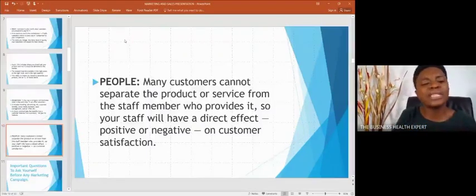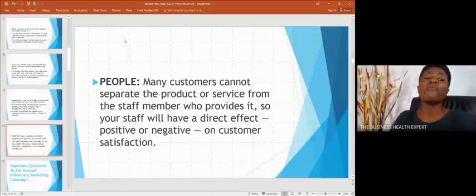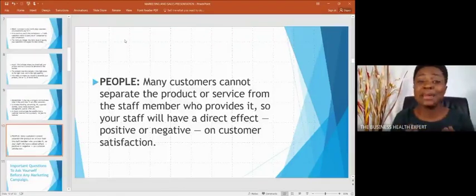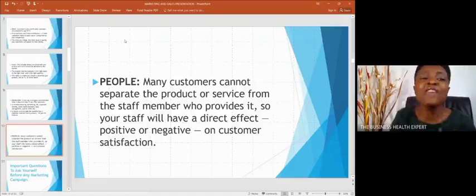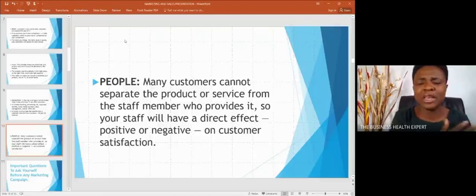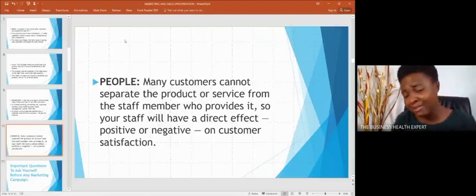So it is very important that we train everybody who has direct contact with our customers on how they relate with them. So many times, for me personally, I take it personally. When I go to a place and I'm not treated well, I don't like it. Because of that, even if it's the nearest place to where I live, if I've been treated in a wrong way consistently, maybe the customer service rep or whoever is attending to me is rude, or I ask a question and they tell me to sort it out myself, and you know, all those saucy attitudes some customer reps or staff members give,